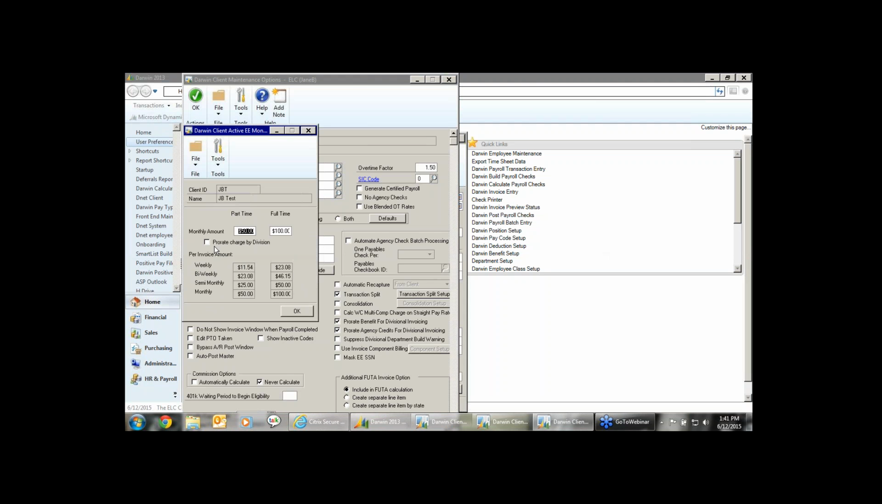There also is the ability to prorate this charge by division. If you have that marked and you have the $50 for the employee, if they're crossing over into another division, have hours in another division, it will prorate those amounts so each division would have the correct amount. So that's something you can set up. You can set it up there,